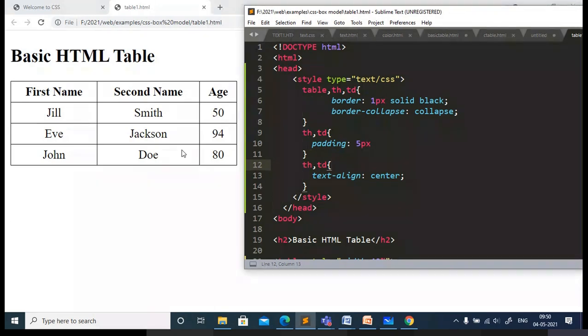So next we'll move on to border spacing for the table.